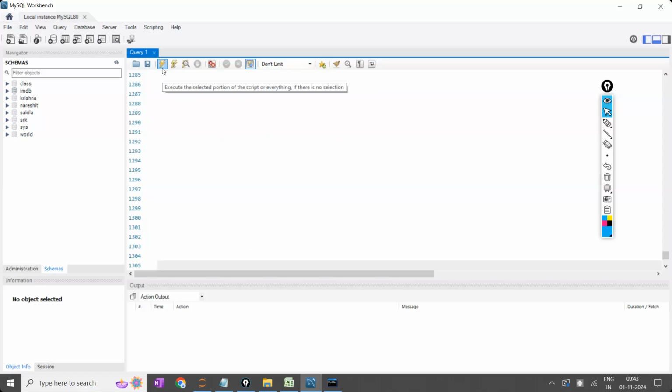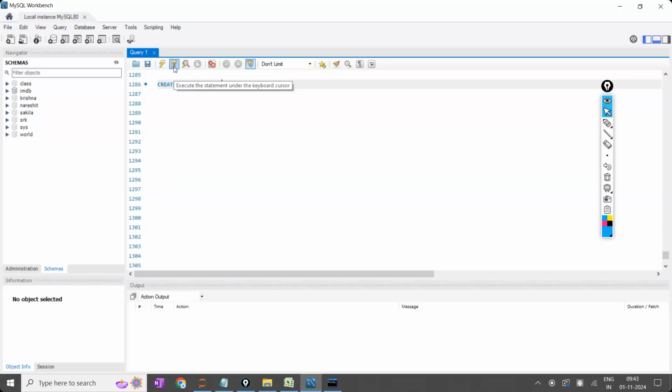Complete script. Now, if you execute this one, for example, here I'm writing create database Siva. If I execute this one, only this particular line will be executed instead of executing all the lines above. Or for example, you write something here, here, and here; only those things have to be selected.